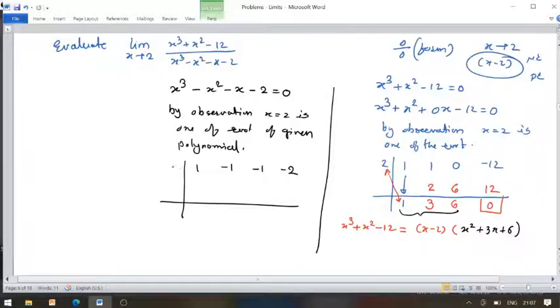Again same thing, multiplier and divisor becomes, we have a 2, 1 comes down. Now we are having 2 ones are, we have to multiply them ultimately. 2 ones are, we have a 2, minus 1 plus 2 as a 1. Again 2 ones are, we have a 2, minus 1 plus 2 as a 1. Again 2 ones are 2, minus 2 plus 2 becomes a 0.